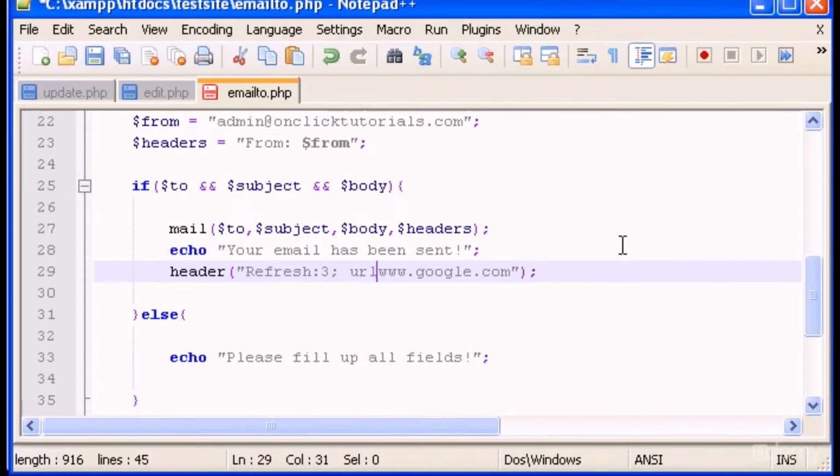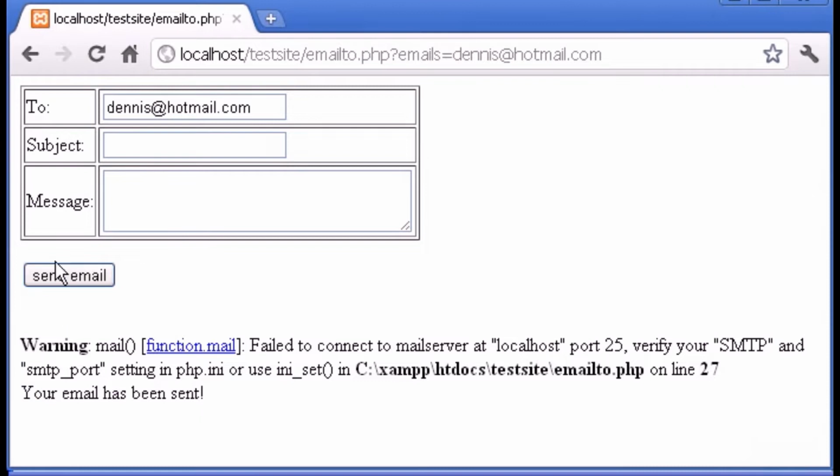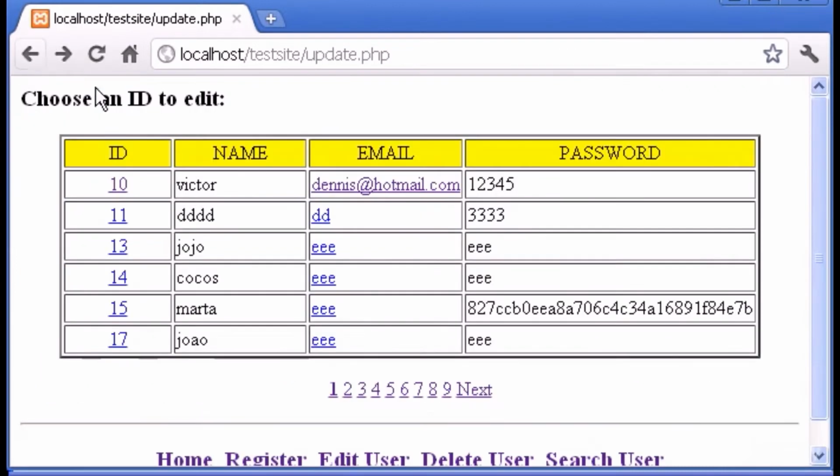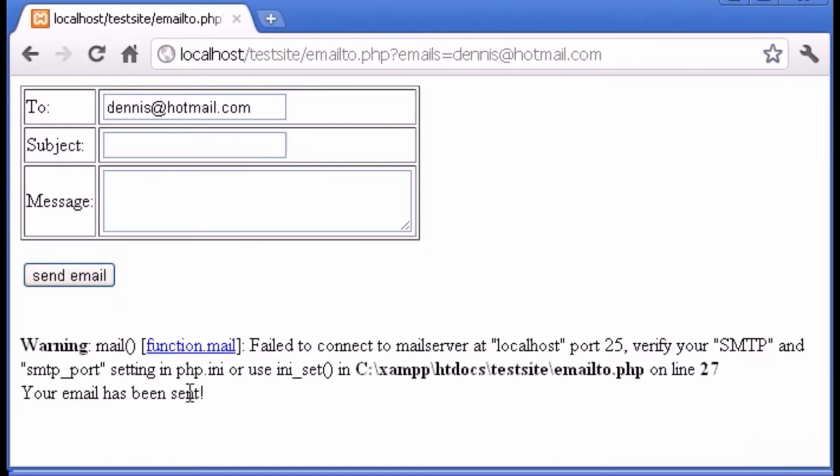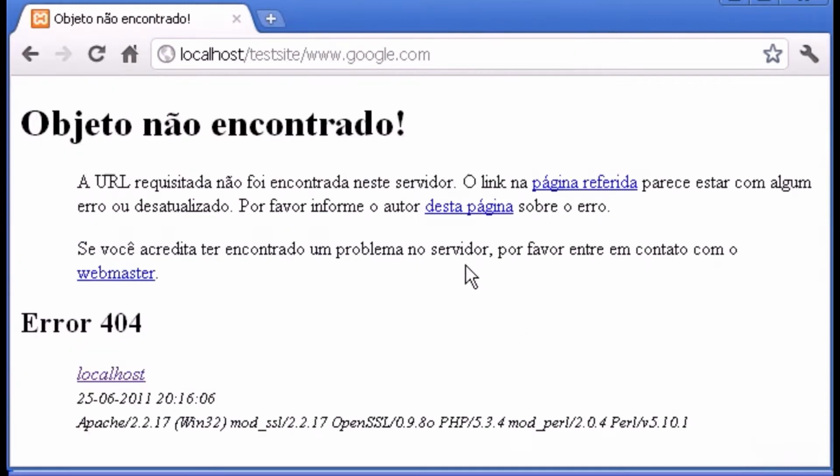Oh, okay, instead of colon, it's equal. So URL equal to www.google.com. Let's go back. Dennis, please fill up the fields, send email, and your email has been sent. And 3 seconds, and we are sent to